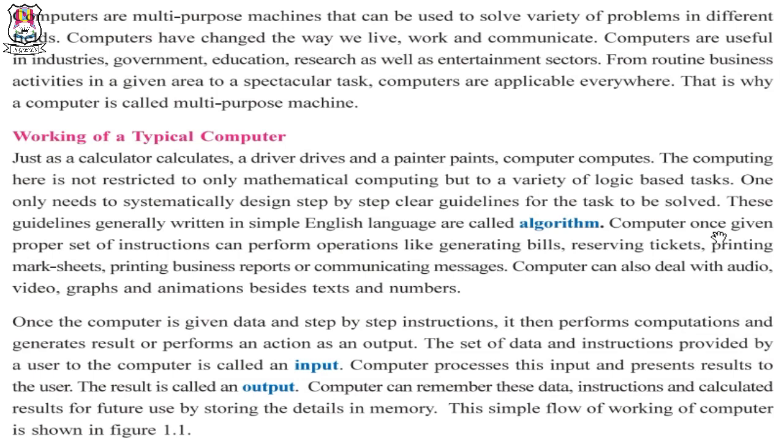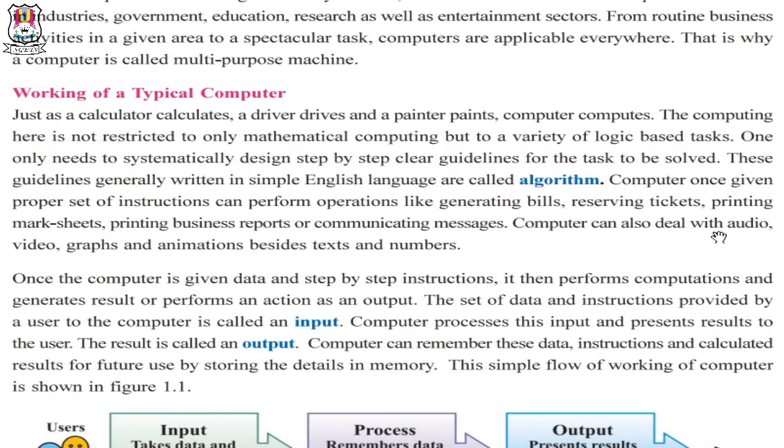Do you remember, students? A computer, once given a proper set of instructions, can perform operations like generating bills, reservation tickets, printing mark sheets, and printing business reports or communication messages. Computer can also deal with audio, video, graphs, and animation besides text and numbers. Once the computer is given data and step-by-step instructions, it then performs computations and generates a result or performs an action